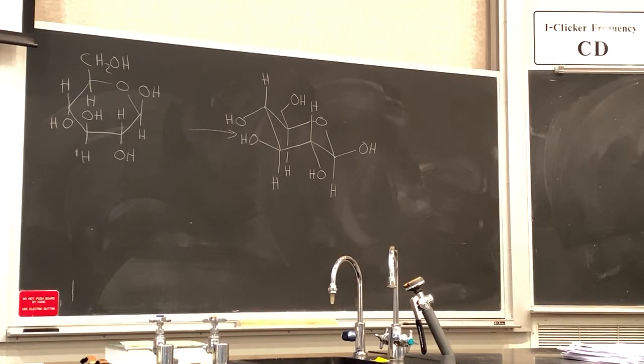Okay? So if we're drawing the chairs, I recommend just memorizing the differences from glucose, noting that glucose is going to have all of them equatorial if it's the beta anomer. Of course, if it's alpha, the anomeric hydroxyl is axial. And just switching the stereocenter that is different from glucose if you've been asked to draw mannose or galactose. Any questions? All right, so